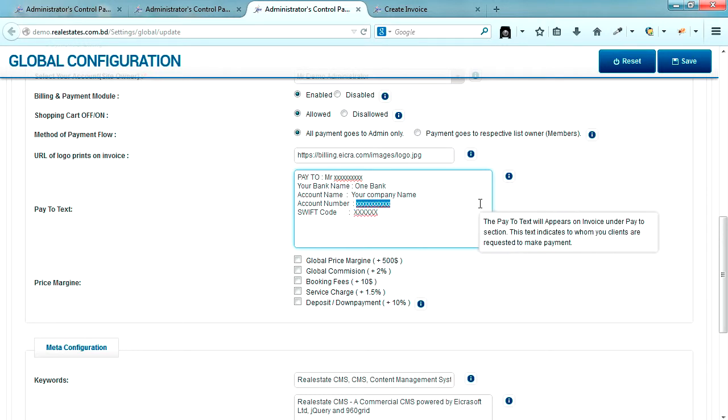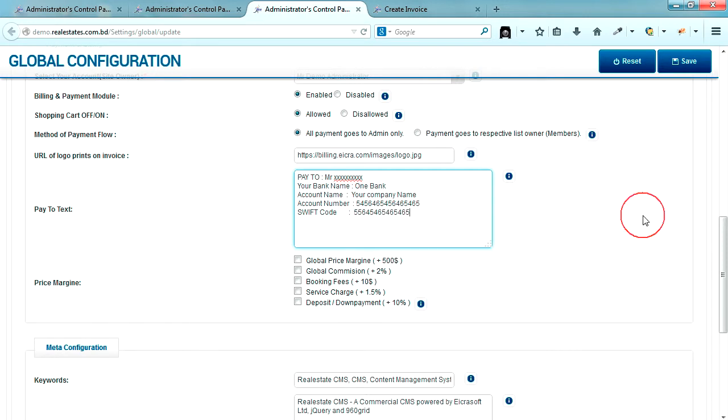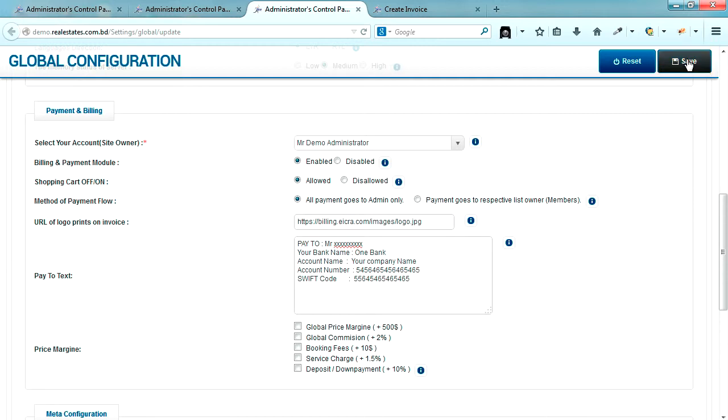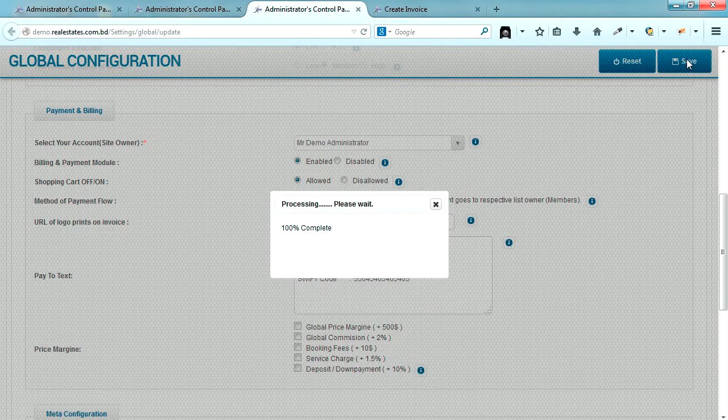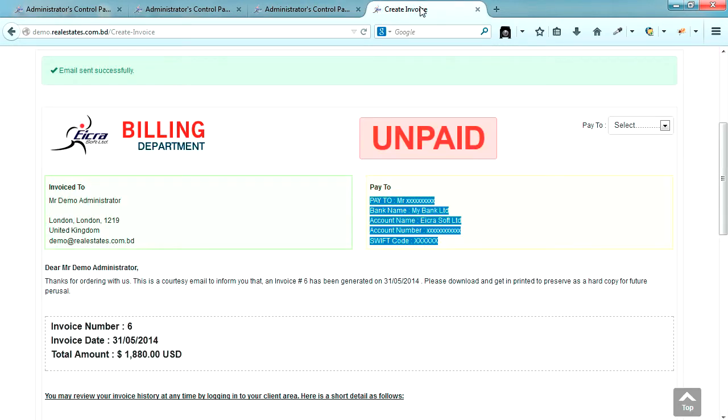And if you need any further information, just add one more line, or remove the line that you don't need, and you can come up with the text that you want. So I'm going to save our global configuration setting, which is under global setting, there is a tab called payment and billing and pay to text. Once I hit save, it means the default pay to has been changed, and this invoice to is